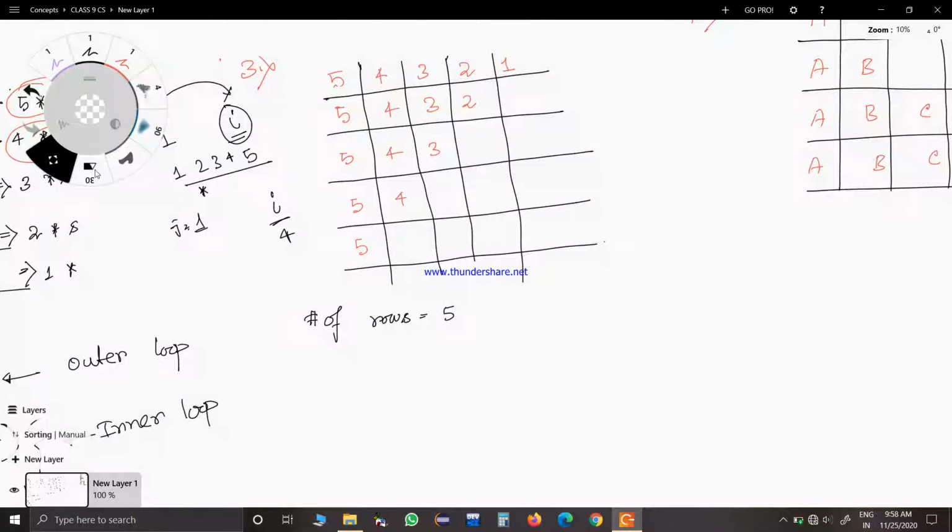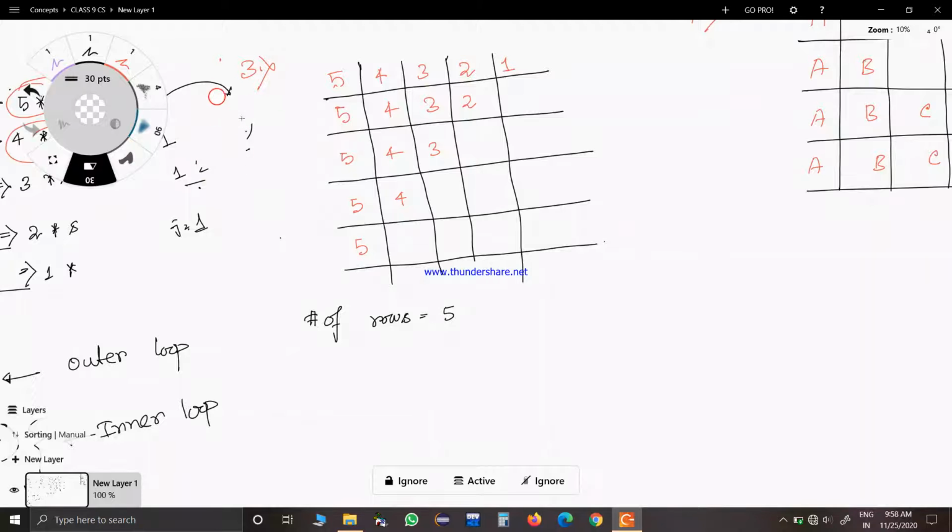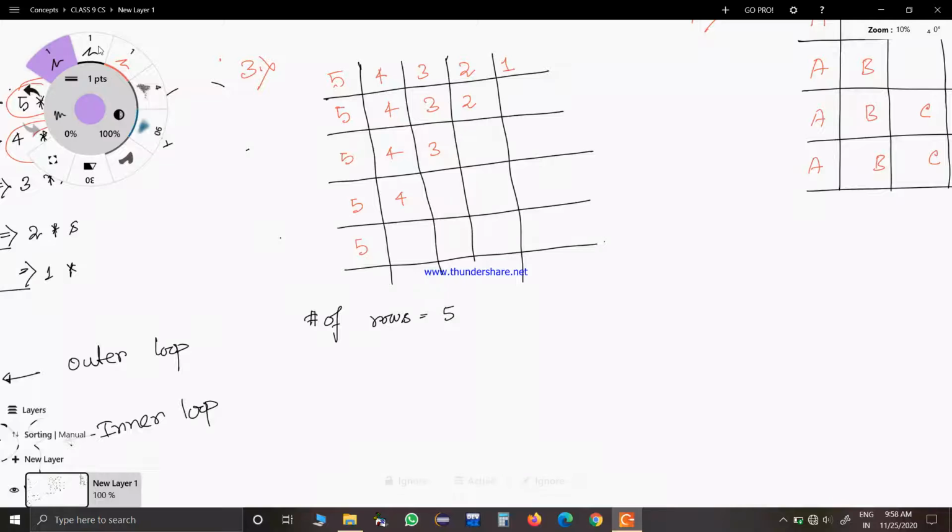Now let us come to this question. First, what you have to see is how many rows there are. There are 5 rows. After determining the rows, you determine how many numbers there are in each row.